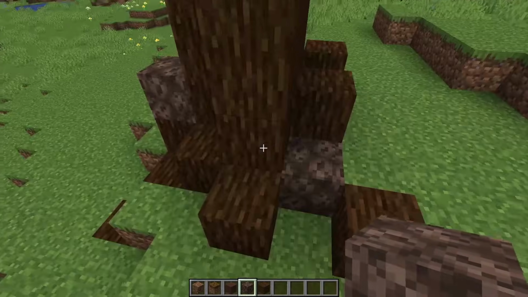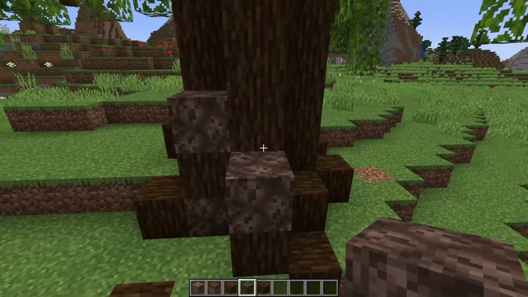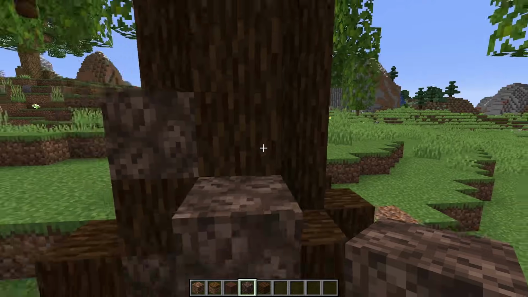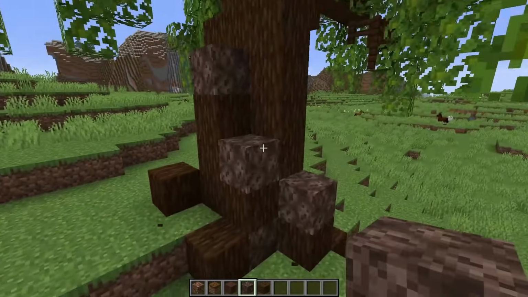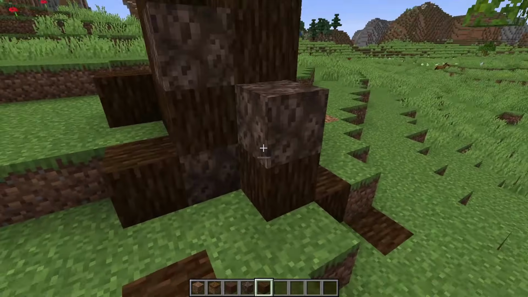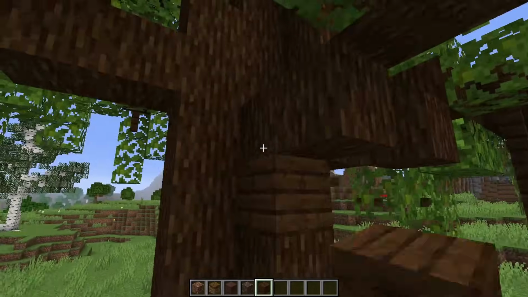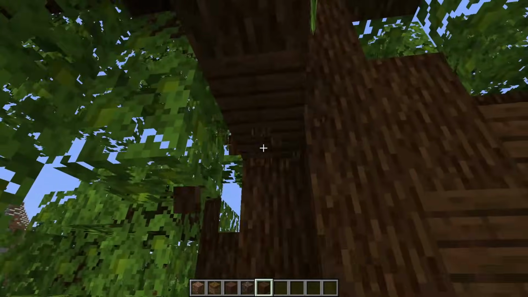I'm focusing mostly on the bottom, and these blocks here, the Soul Sand, is the lightest block that I'm using. It has these very, very light brown pixels in it. So I'm going to be using those more towards the tops of these blocks. And then in the darker areas, I'm going to be using my darker blocks, like these planks. I'm going to be able to put on the underside of these branches. Just add some nice texturing and shading to this tree.